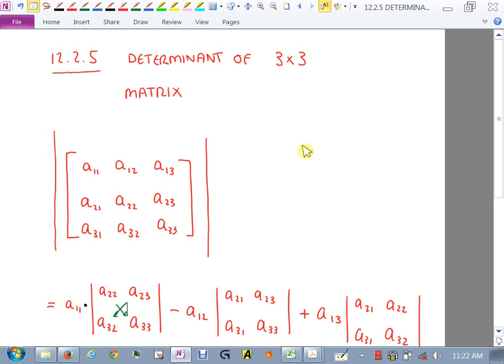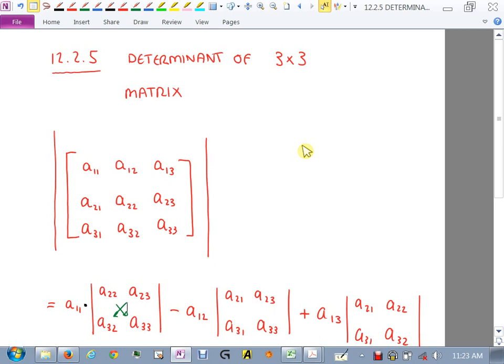So if I want to get the first part, there's 3 parts, 1, 2, 3. If I want to do the first part, remember, I'm going to start with A11, right? That's this top one. And I'm going to cover this up, okay? Like this. And I'm going to do the determinant of this bottom corner here. See that? So I write down A11 first, and I cover up everything, and I just do the determinant of the bottom 4. Yes? Then, when I go to the next one, I do A12, right?